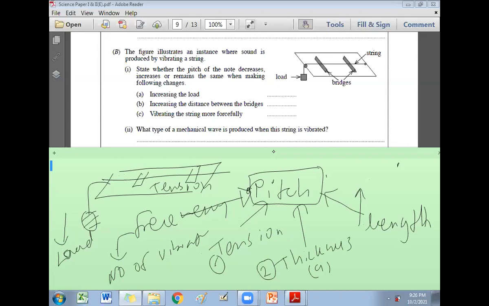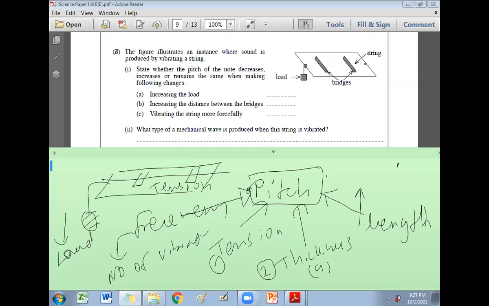You can't replace the wires. How can you change the thickness of the wire while playing the guitar? Can you replace it? Then you have to stop playing and replace the wires. That is not practical. Can we change the tension? No. Tuning should be done before playing the instrument. During the musical show, you can't tune the guitar. That will be a big problem. While playing the guitar, how to change the pitch? By changing the vibrating length.